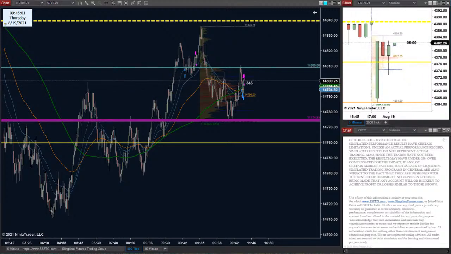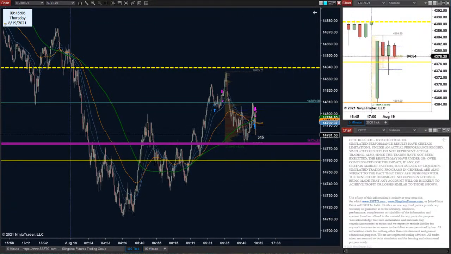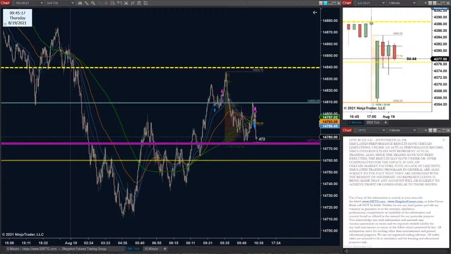Scalpers' objectives jumped up, immediately taken out. Wow! Holy crap! This thing is jerky. Whoa, whoa, whoa. That bear flip all the way back down just nailed every bull who didn't take that scalp as a scalp. All of those bulls are underwater now. I couldn't even respond to that.